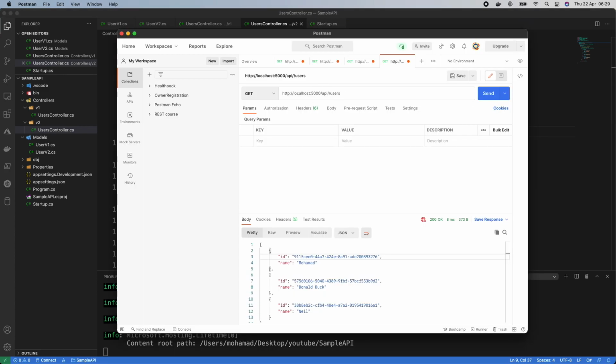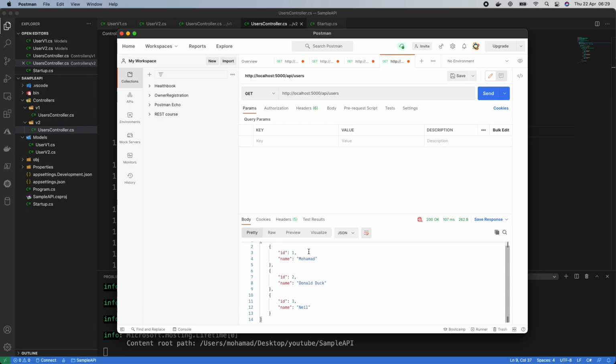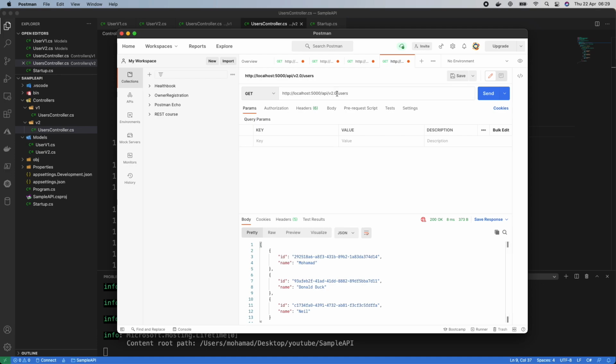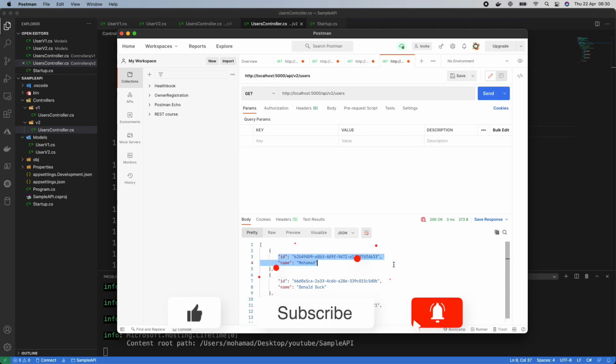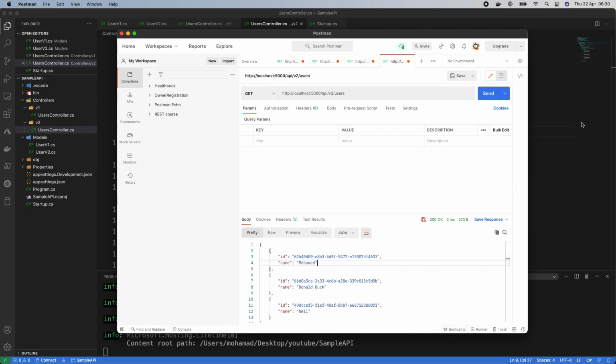Let's remove this and see what happens with the normal scenario. Perfect. We can see that the response returned version 1 of our application, which is the int ID. And right now, if we put /v2.0 and we send it, we can see that we are actually getting the ID as GUID. Perfect. And let's see if we remove the .0, what happens. We're also getting the same result, which is the ID of type GUID. Great. So now that we have updated the route and checked that it's working through the URL versioning,